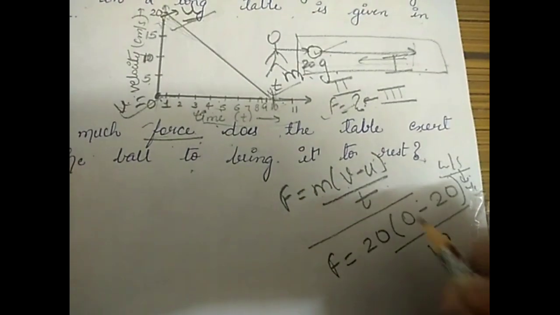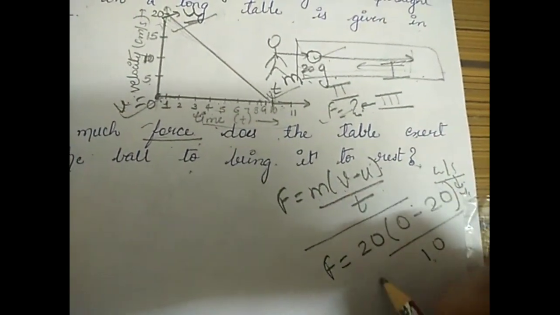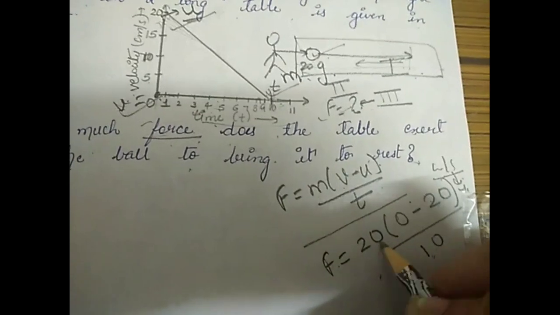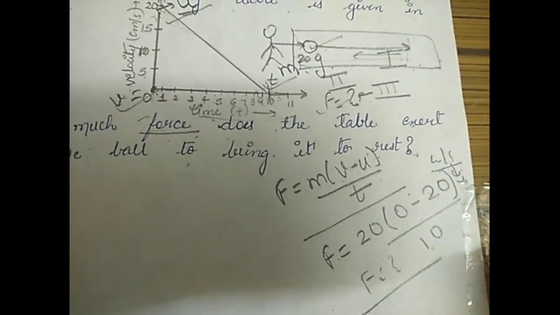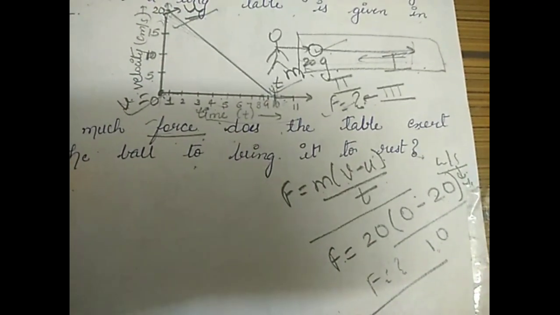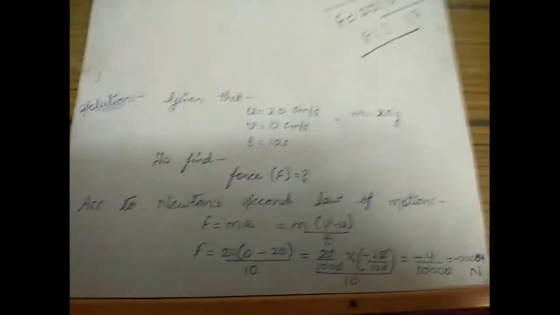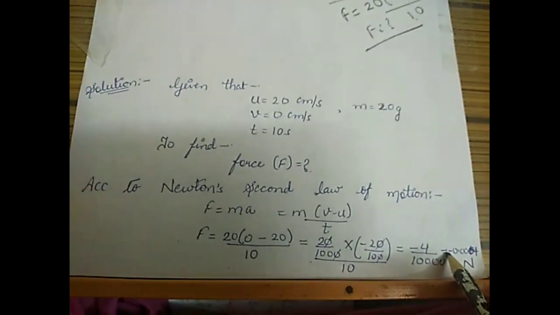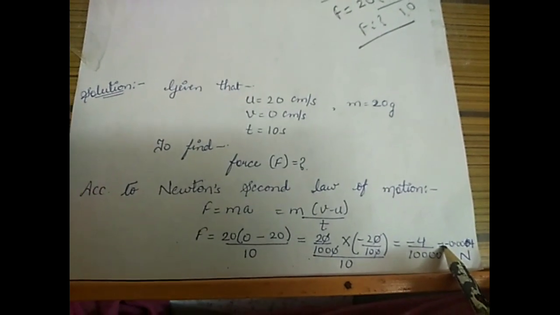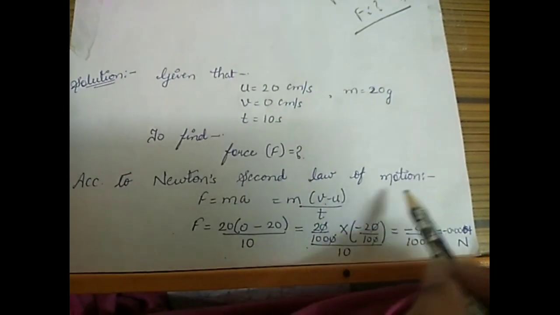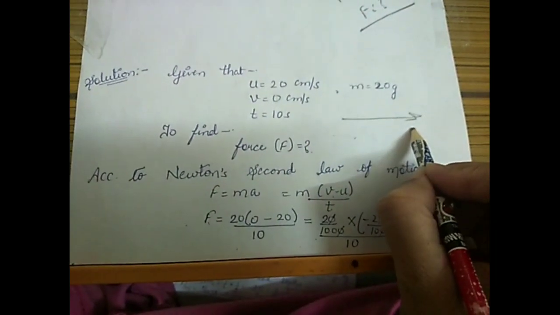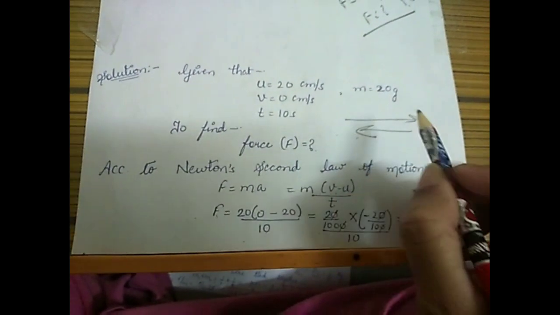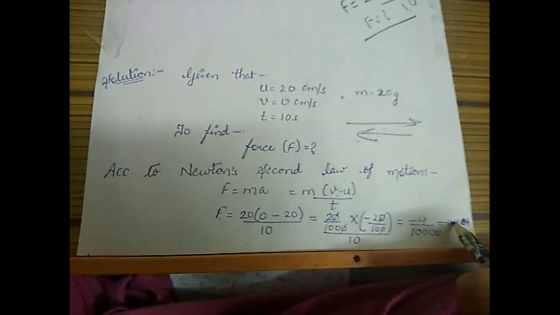So hope now you will solve this question and you will get the answer. Alright. So this is your homework that you have to solve it further. My work is done up to here. Alright. So here is the solution of this question. Here also we got the answer in negative. Why? Because the force applied to stop it is in opposite direction of the motion. The motion is here, but a frictional force is applied in the opposite direction. That's why the answer is in negative.